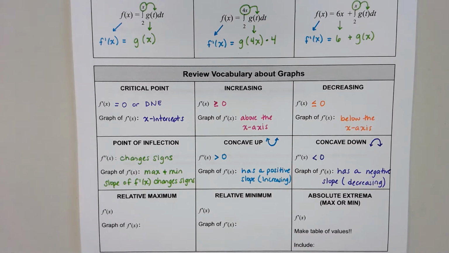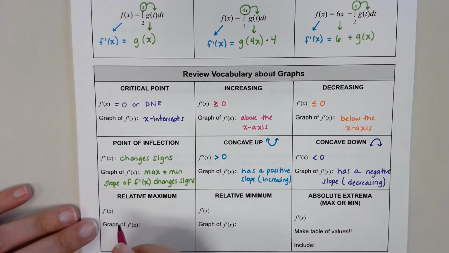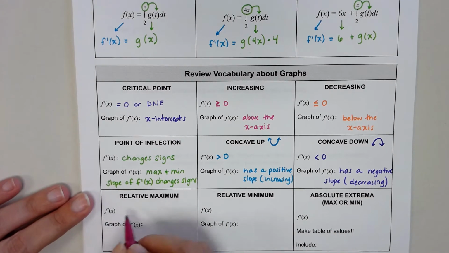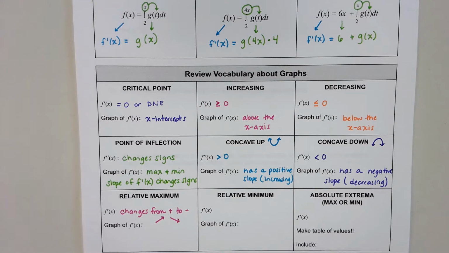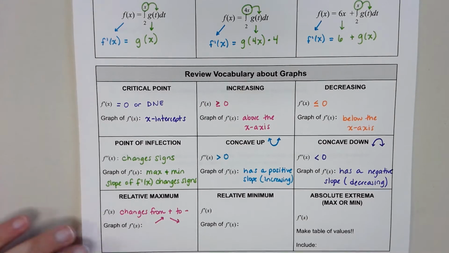Now, all of this combines to allow us to talk about things like extrema. So we said extrema is a word for maximums and minimums. Relative extrema must occur at places where the first derivative changes from positive to negative. So if your graph is going uphill and then changes to downhill, you're going to have a relative maximum. Now on the graph of f prime,